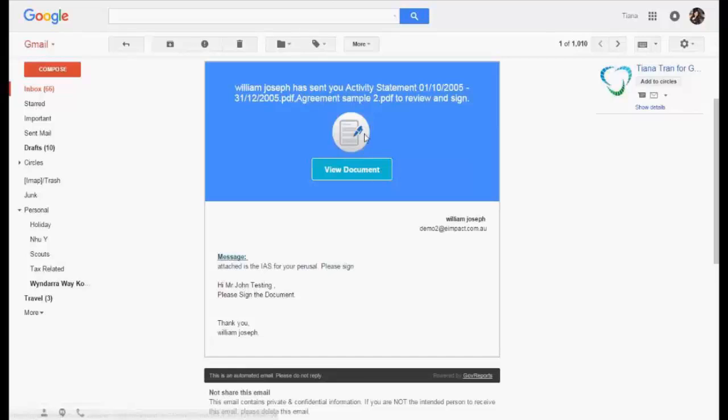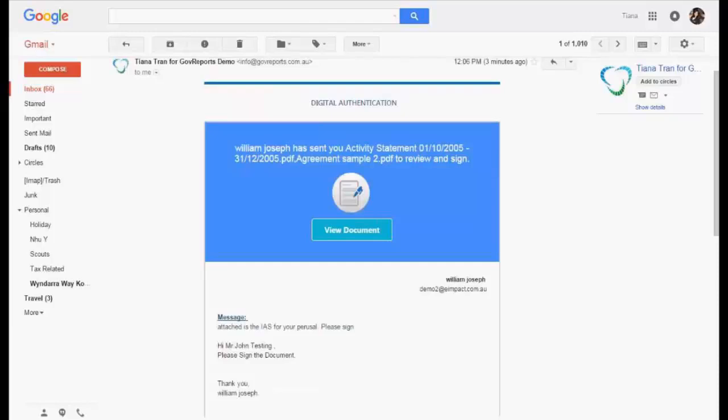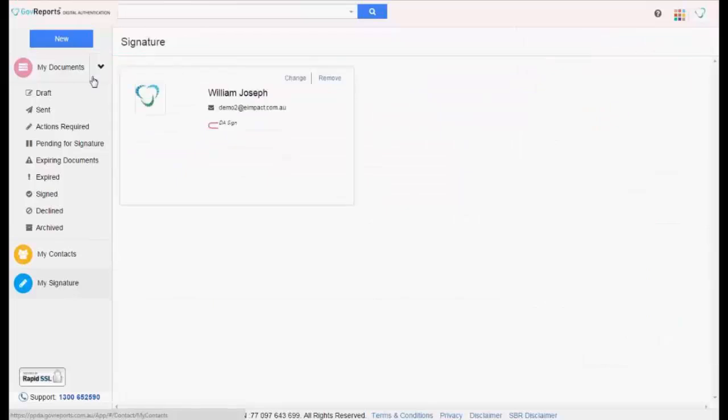So if they were to click that, they would see the screen where, like I said, they just follow the instructions. They would receive another email with the one-time password. They put in that password and they will be able to view that document. When they open that document, if this is the first time they use it, they would have the options to create their signature. If they regularly use GovReports for signing,